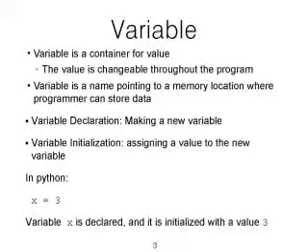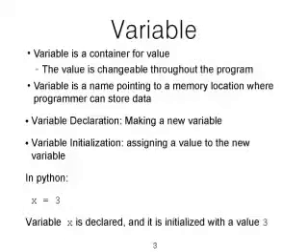First of all, we'll talk about the concept of variable. Variable is basically a container of a value. And this value is changeable, so you can change the value of a variable throughout the program. Technically speaking, variable is a name pointing to a memory location, and the programmer can store and change the value